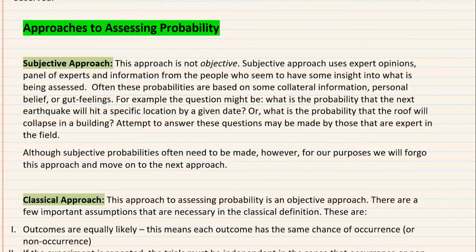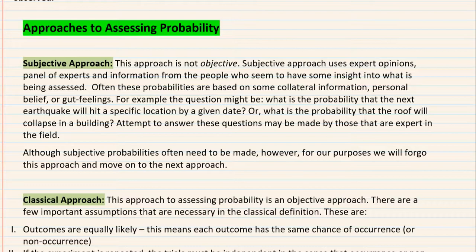With subjective, it is just that. Subjective probabilities are not objective. They are subject to the person that states them. So for example, say, what is the probability I get an A in the class? I don't know, 50-50. There you go. What is the probability that I get a raise at my job? Well, you know better how your job situation is. So if I ask, what's the probability that you get a raise at your job in the next 5 months? You're going to say 80% because I'm up for an evaluation and so on and so forth.